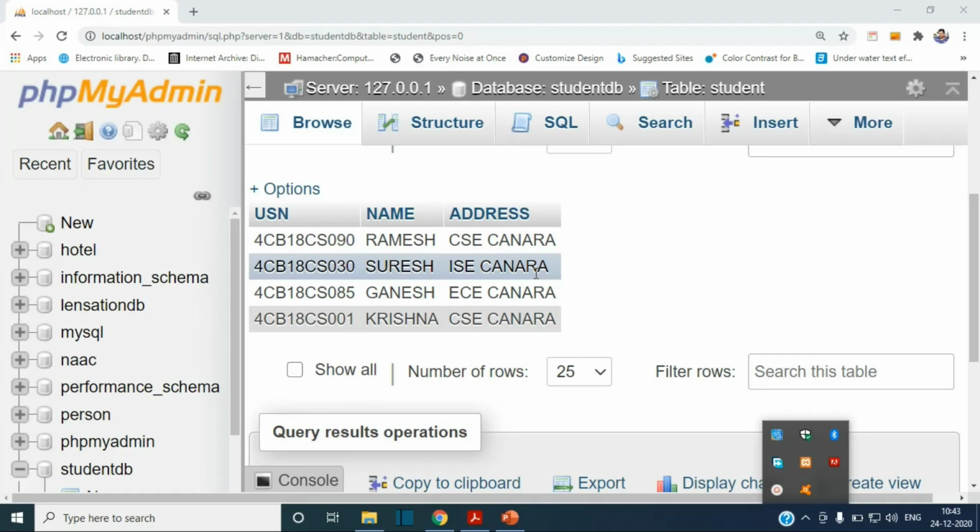Now when I fetch the database and display it in the front end, on the web page, my responsibility according to the program is to fetch the entire table, sort all the rows based on the USN and display it. So let us see. This is how we can create a database, create a table, and manage all the rows and columns using the phpMyAdmin front end.